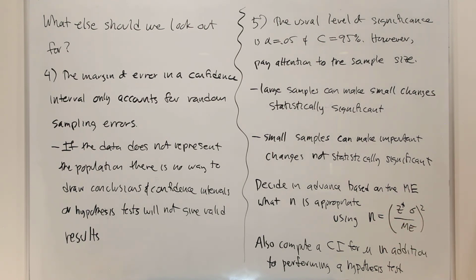We can also compute a confidence interval for mu in addition to performing any hypothesis test you might do. The confidence interval will tell you where you think the true mean is, and that helps you take care of this problem. You'll now see that, yes, the mean isn't what it used to be, but the interval's so narrow that it doesn't encompass the old value of mu. But the value it does encompass is pretty close to the old value of mu as far as practical concerns are